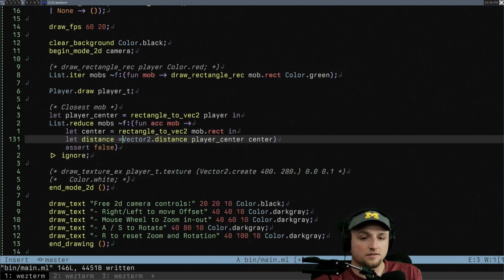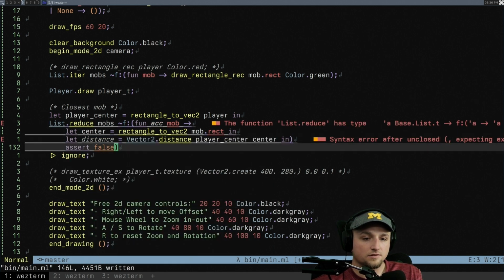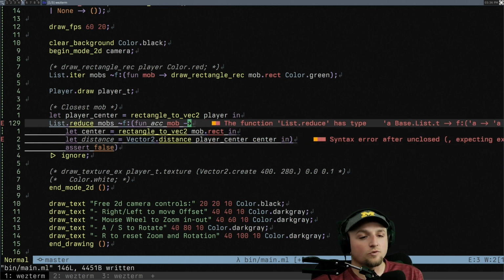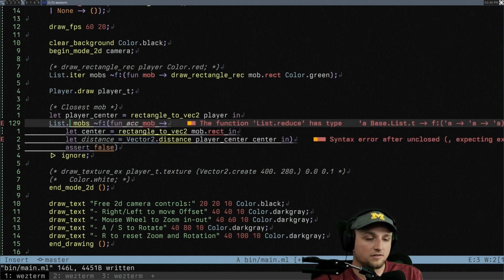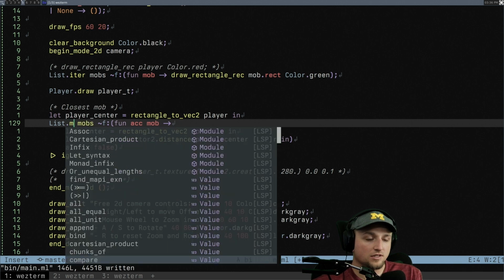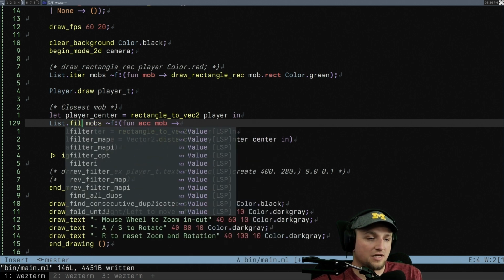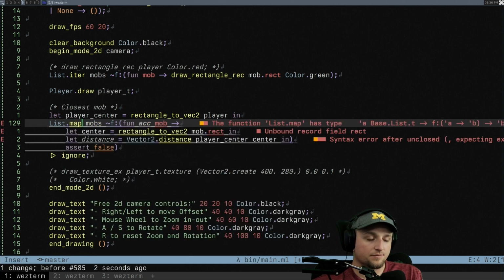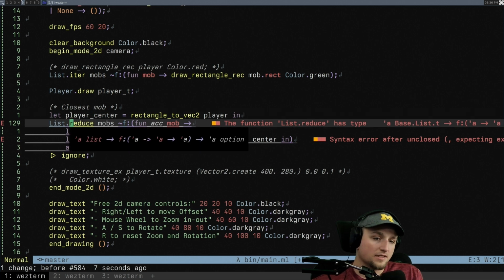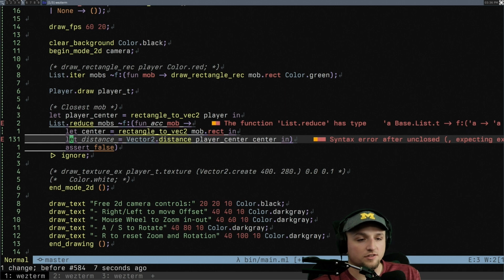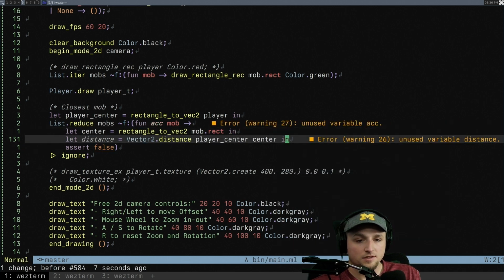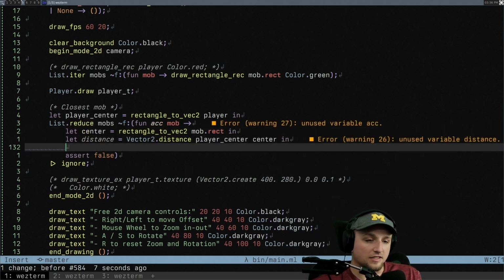Let distance equal. So what we should do is we should say reduce map. Do we have map reduce? Filter map? Maybe I don't have this. I don't know. That's okay. We can just do this. Right, so now we have the distance. And so we say if